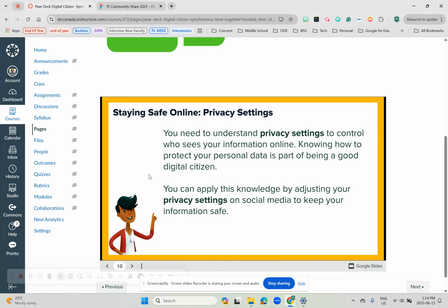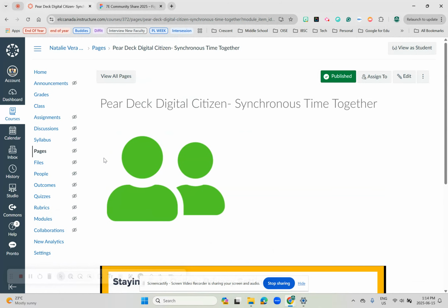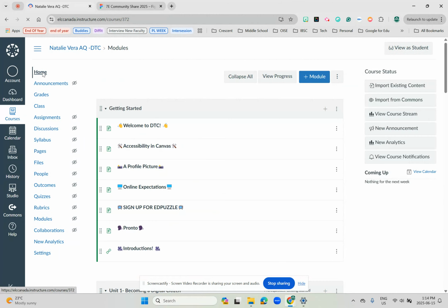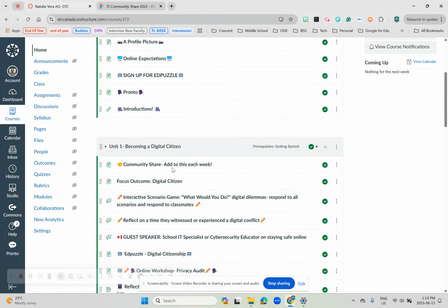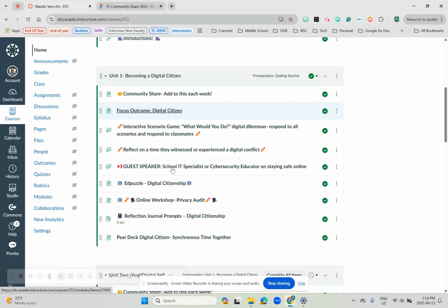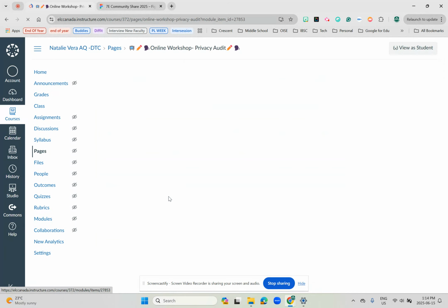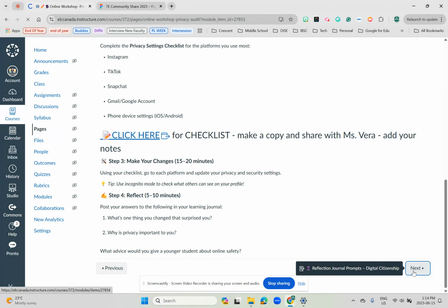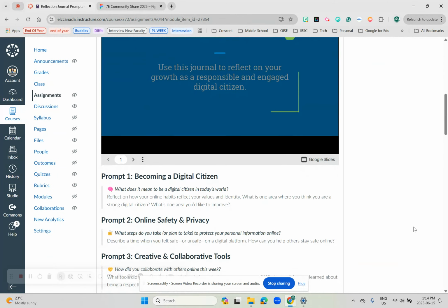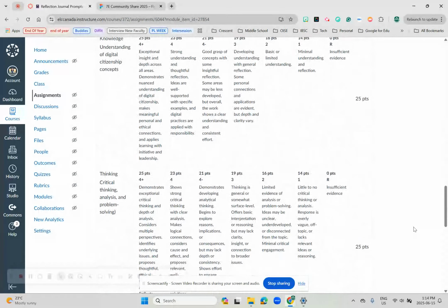So I've used a lot of different assessments, including a mix of formative and summative tasks, from quizzes, media projects, student-created infographics. I will also plan on providing direct feedback through Mote, and the rubrics are embedded in a lot of these assignments in Canvas. As you can see here,